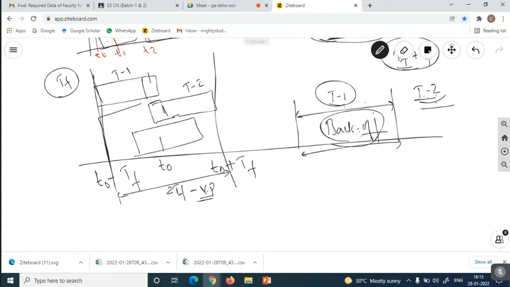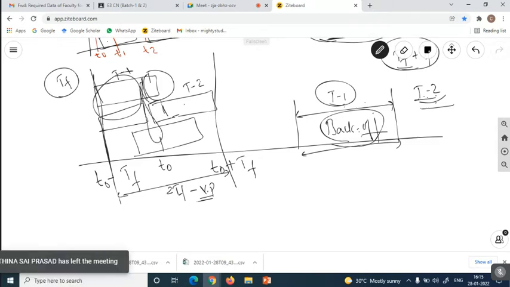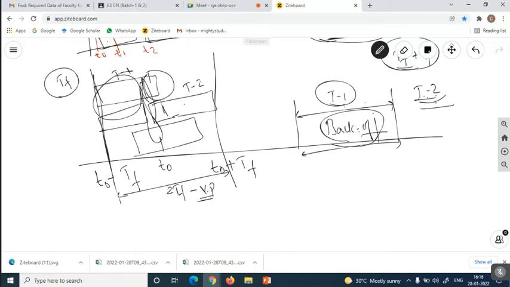Suppose if it is in collision with another frame like this, so during this period it collides with T2, during this period it collides with this, and during this period it is in collision with this, and a total TF collision happened, so total TF plus TF, 2 TF, it has to wait for the next frame. That means in the pure Aloha all the terminals are releasing their frames on their wish only. That means there is no restriction and there is no rule in order to release the frames from that particular terminal itself.